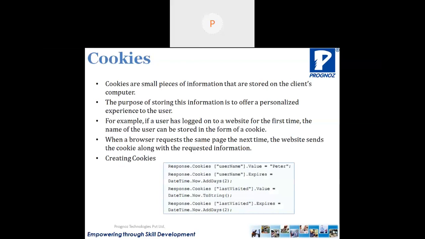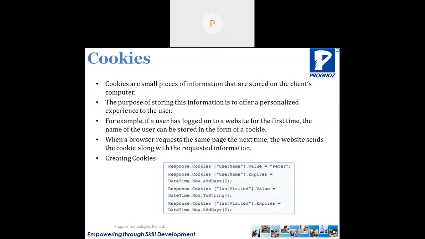It is possible to create two different types of cookies: persistent or non-persistent. If I create a persistent cookie, then it is possible to set an expiration date or time for that cookie, meaning for how much time that data will be stored within a client's computer.